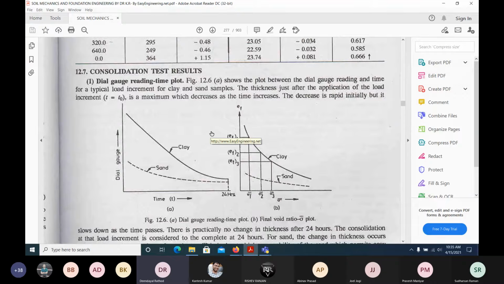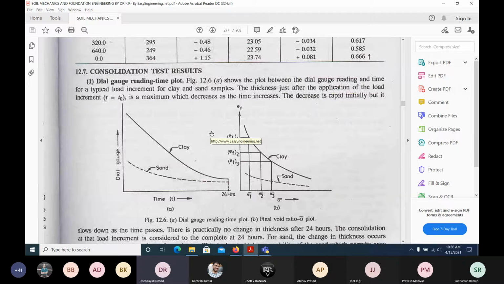because soil will try to settle down because of the heavy load, long-term loading or buildings. So slowly expulsion of water takes place, and because of that, soil will settle down. This can be measured with the different stresses we apply, and we can find out the settlement or displacement or the change in the thickness and so on. And we have seen that we can draw the e-log p curve.